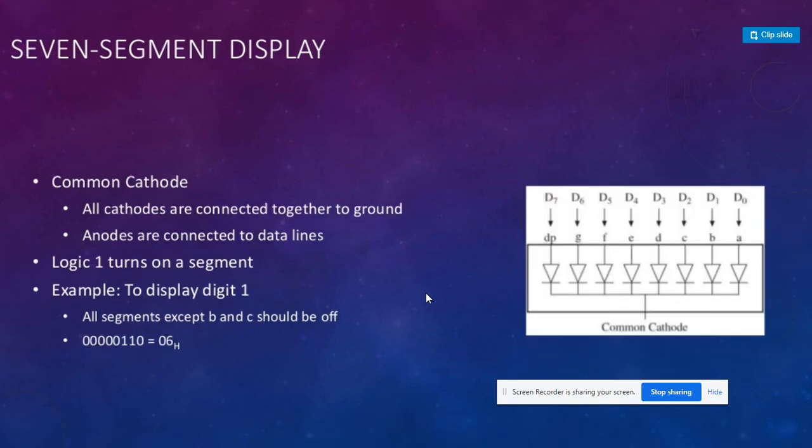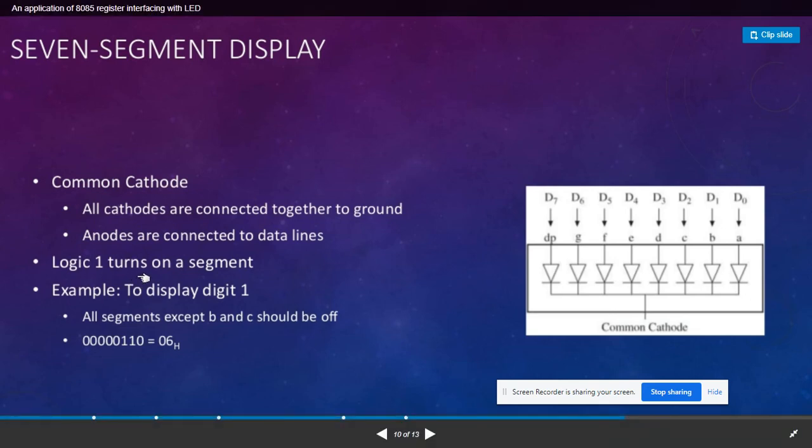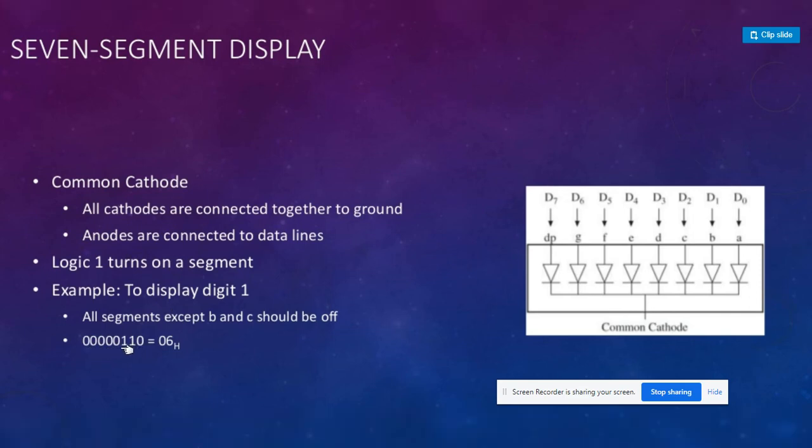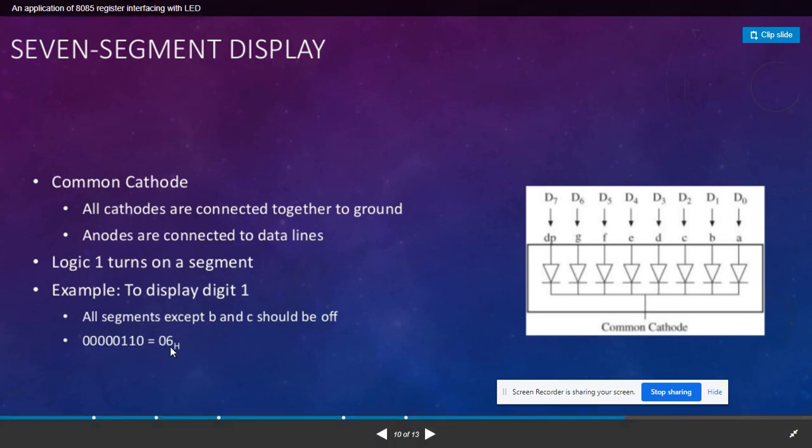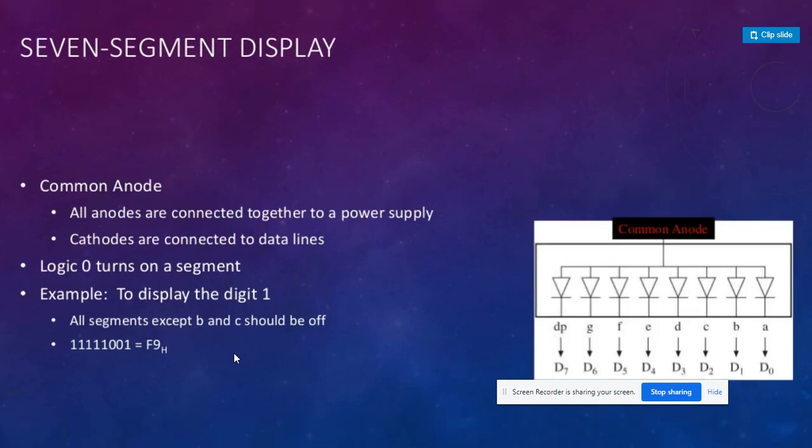तो जब हम प्रोग्रामिंग करेंगे तो एक्यूमुलेटर में क्या डालेंगे, F9 डालेंगे टू डिस्प्ले द 1। और इसी तरह अगर हम कॉमन कैथोड मेथड को देखें तो कॉमन कैथोड मेथड के अंदर इसका उल्टा हो जाता है, यानी कि लॉजिक 1 टर्न्स ऑन द सेगमेंट और लॉजिक 0 विल ऑफ द होल। तो अगर हमें 1 को डिस्प्ले कराना है in method of common cathode, then only B and C will be 1 and all others will be 0. So the resulting hexadecimal digit will be 06. So this is how the 7 segment display works.